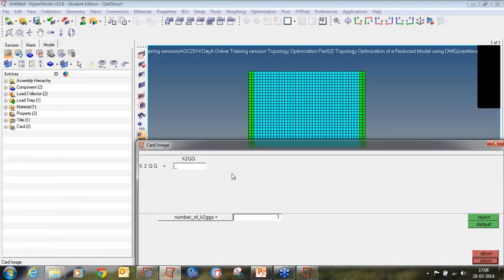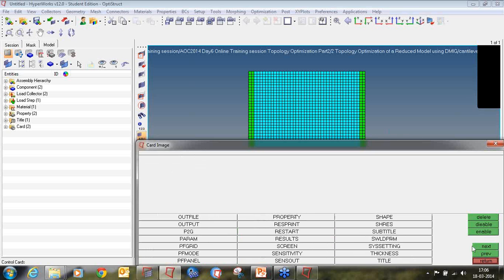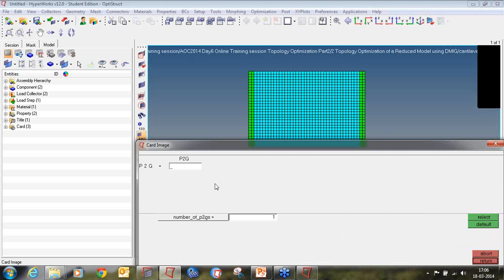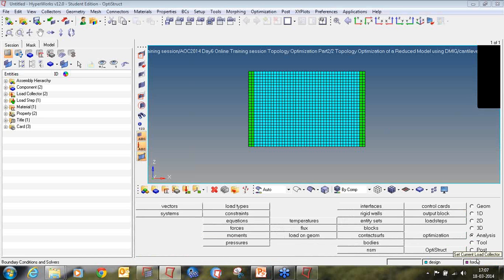So here we will enter KAAX, click return, and then we will select P2G. So we'll click on next, go to P2G and select PAAX in P2G to activate the PAAX entries, same as the KAAX entries. So I'll return again, and again return to go back to the main menu.